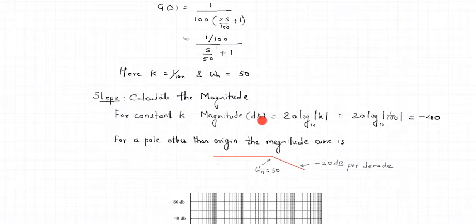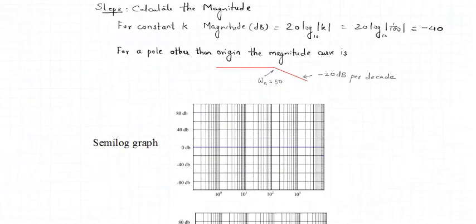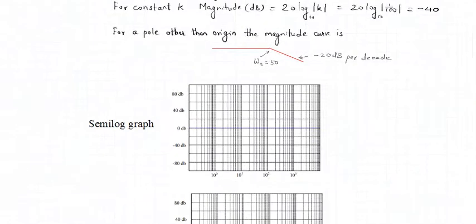So we have now 2 magnitudes. One magnitude is for the constant gain k, and another magnitude curve is the characteristic for pole other than at origin. We will now plot both these magnitudes on the semi-log scale. We know how a semi-log graph paper looks. As shown here is a semi-log graph paper. The base is a logarithmic scale of frequency.